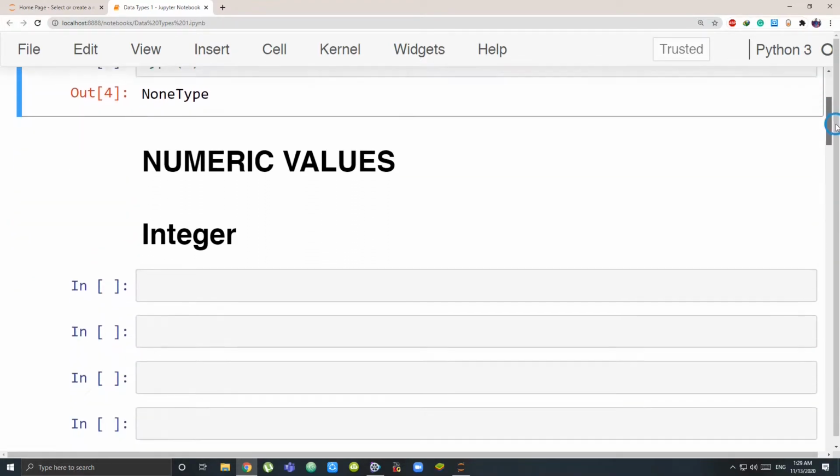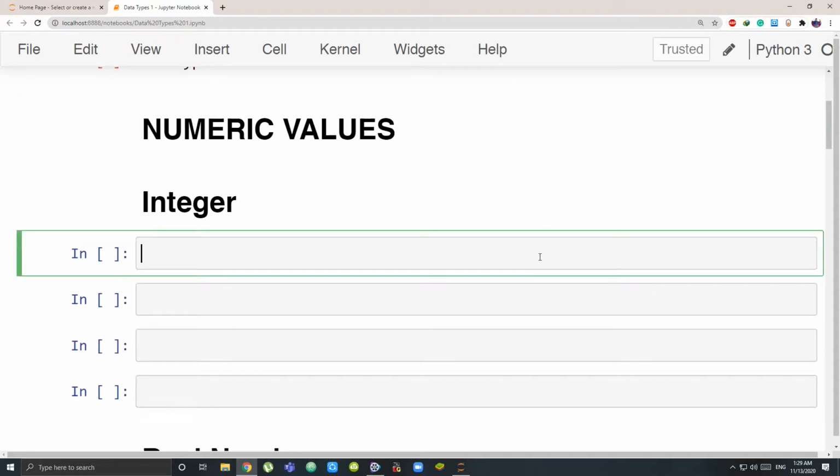The next is numerical values, some numerical data types. First one being integer. Integer is going to be storing non-decimal values. Means it will be storing like 1, 2, 3 or -1, -2, these types of number. So let's take y is equal to 125. What is this? This is an integer.